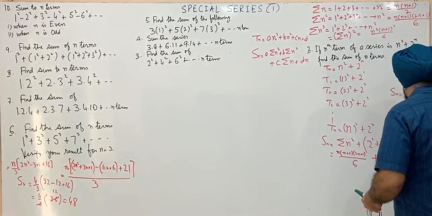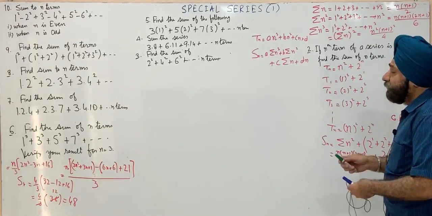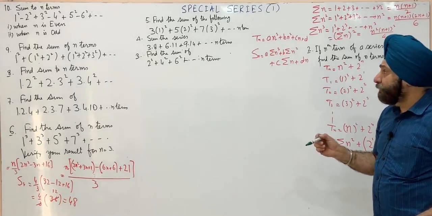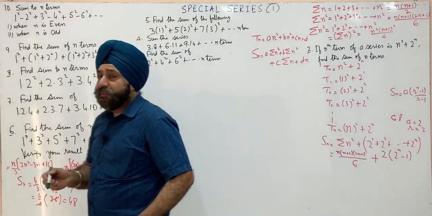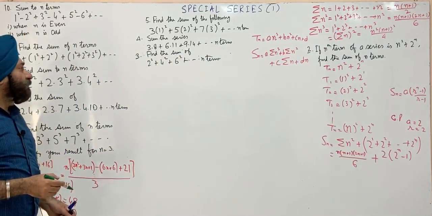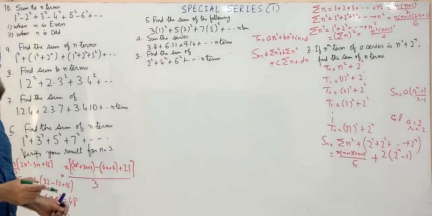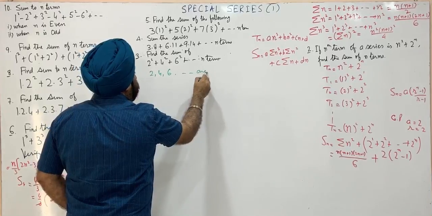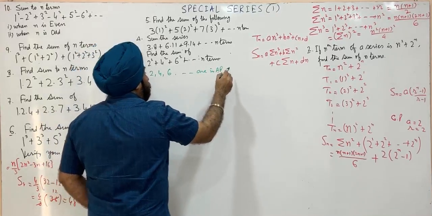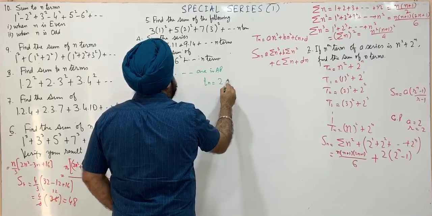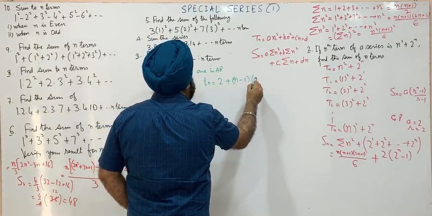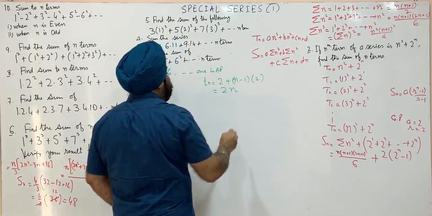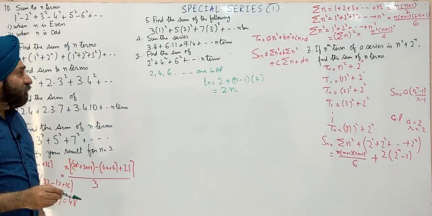In the third question, we are given first 3 terms of the series, and we have to find sum of n terms. So from first three terms we identify the pattern. The terms are 2 square, 4 square, 6 square. So what do we observe? That 2, 4, 6 they are in AP, and we find out nth term of AP, that's a plus n minus 1 into common difference of 2. That's 2 plus 2n minus 2, it's 2n. This is nth term of AP.